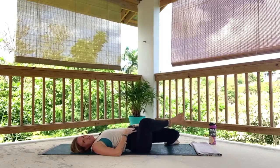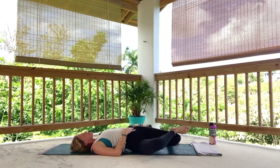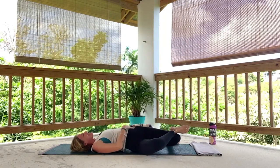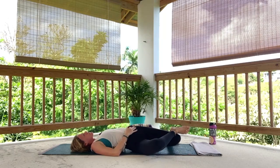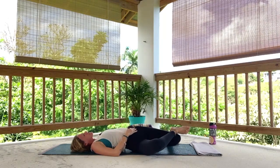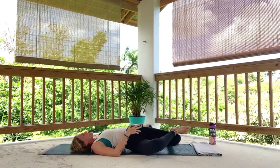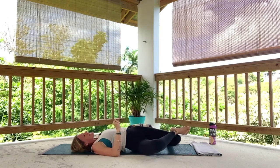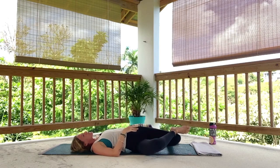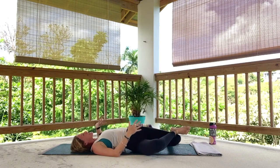And as you do that, notice that you're not using the ankle on the knee to press the foot down. You're just letting the weight of the leg add a little bit of extra sensation there through that outer left hip. You might feel this a little bit as well through that left side of the low back. But noticing here, we're not forcing or tugging at our tissues to lengthen. We're just reminding them that not only can they be strong and able to engage and contract and move us, but they also have this capacity to be supple as well